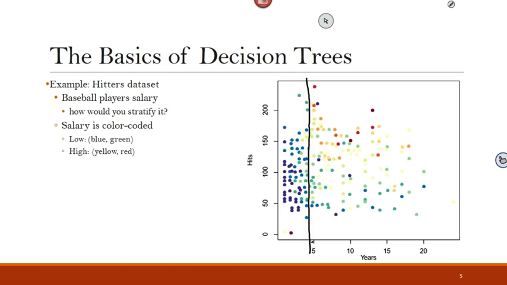Yes? Can we make another split in either region? So you can also go back to this region and make a split. Do we need to make a split in here? It's a lot of blue, so we don't need to make another split. But for this other region, yes, we can make another split to make it even better for our problem to distinguish between low and high.